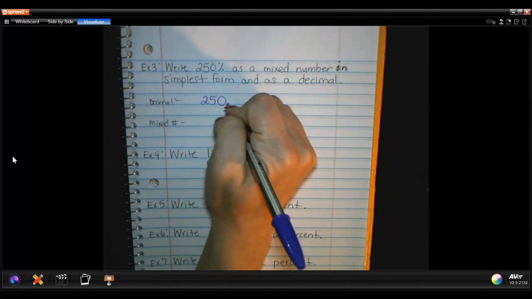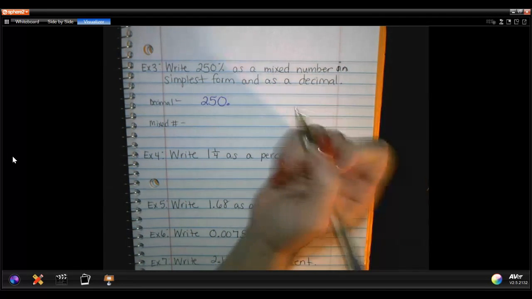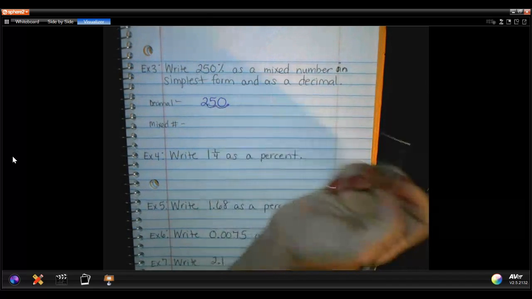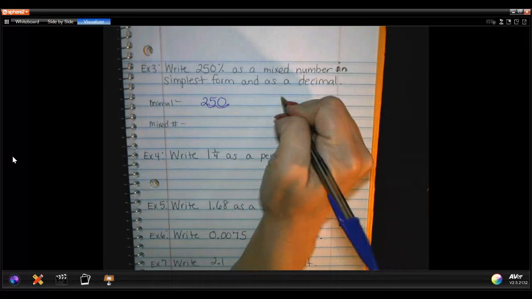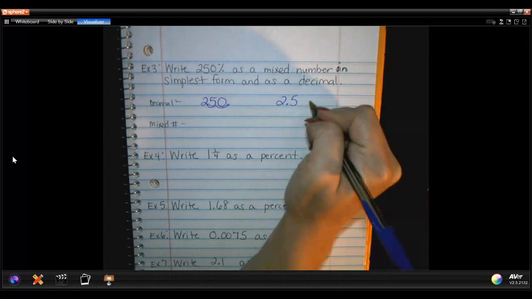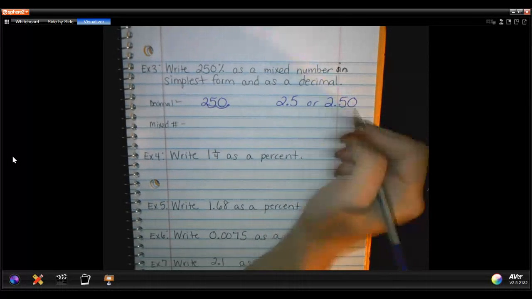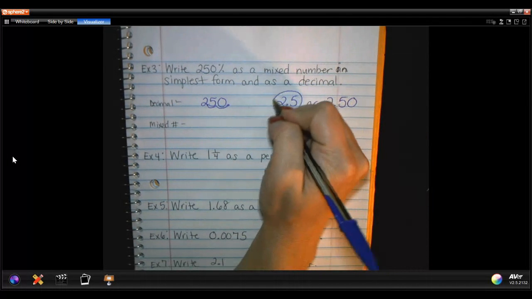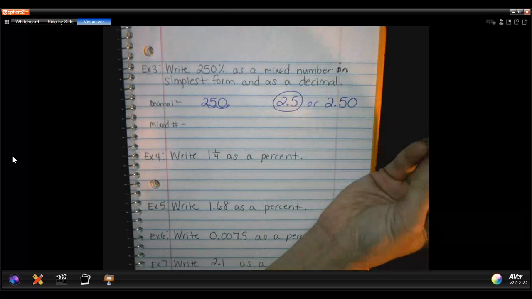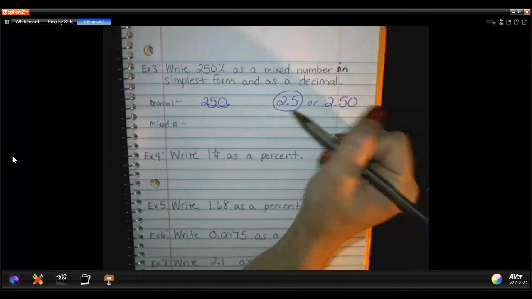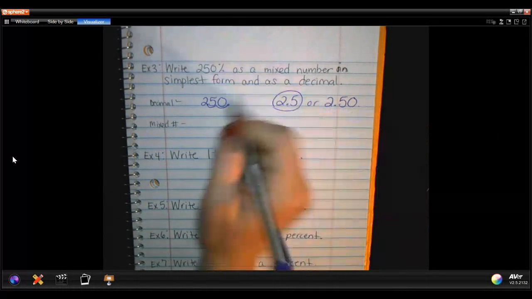I'm going to add a decimal at the end, and I'm still only going to move it 2 places. 1, 2. When I rewrite this number, I have 2.5 or I have 2.50. Either one works. Again, if you can do it in fewer steps, do it in fewer steps. When I write this as a mixed number, I can read this as 2 and, so I have 2 as my whole number,